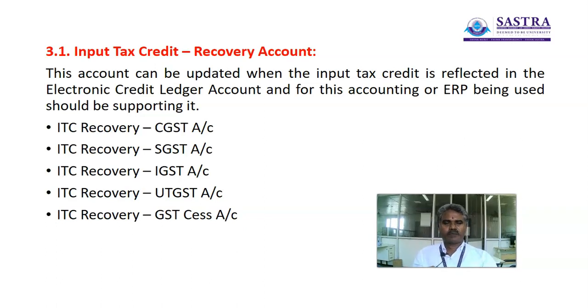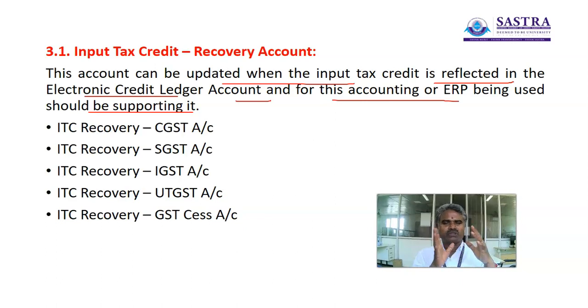Okay, output tax payable. This account can be updated when the input tax credit is reflected in the electronic credit ledger account, and for this the accounting ERP being used should be supported. It has to be uploaded. You have to upload all the purchase transactions: where you bought goods from, how many of them were supplied to you. Everything you have to upload. Once you upload your details,